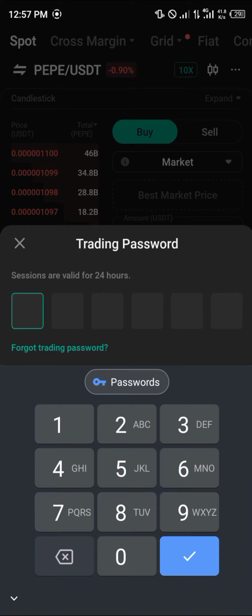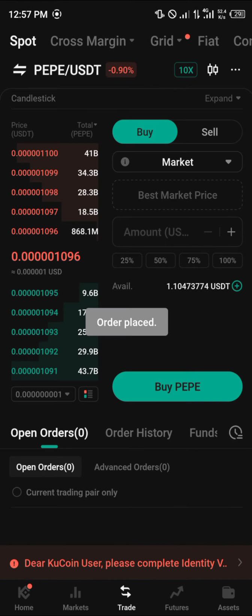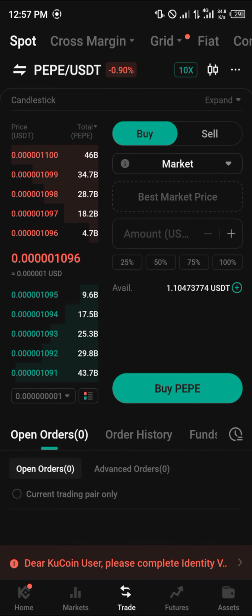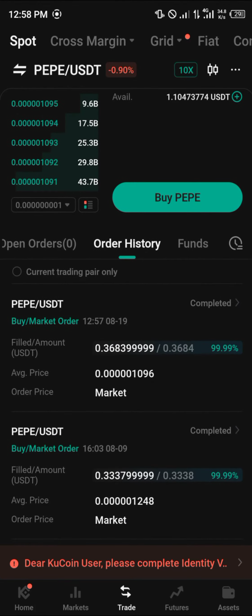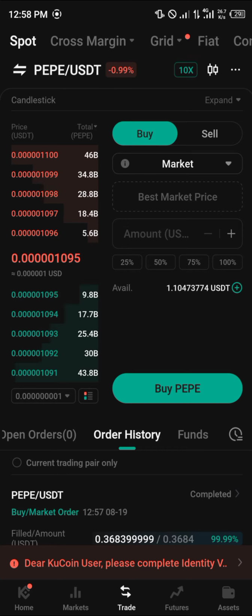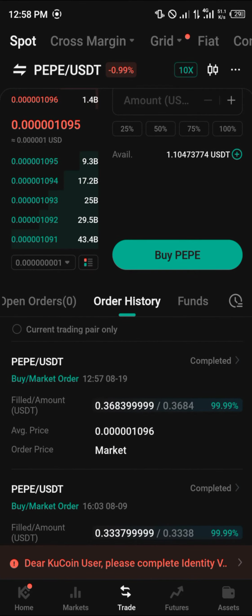Once you've selected buy and you've entered your trading password, the order has been placed. If you were to reload, you would find that the order has been successfully finished. That's because once you select market order, you're going to be buying from the market instantly using your trading pair, which is the USDT. So now, in order to check what you've successfully purchased, head over to the assets menu, scroll to trading,